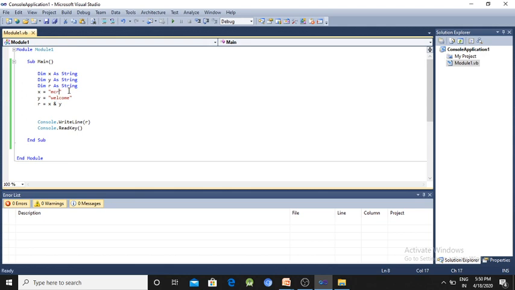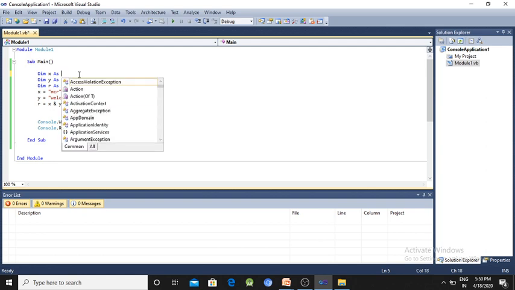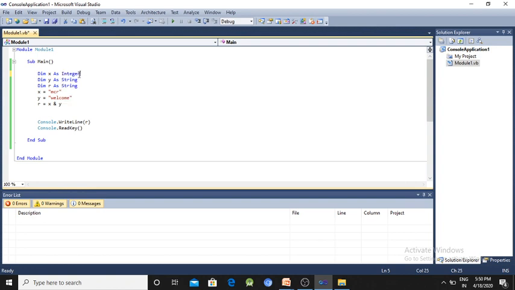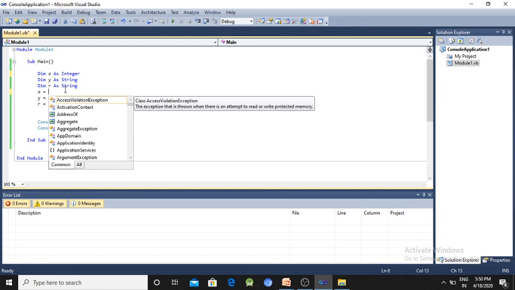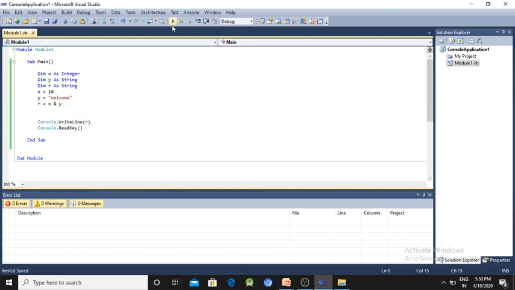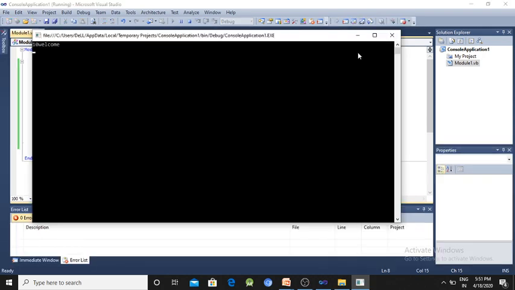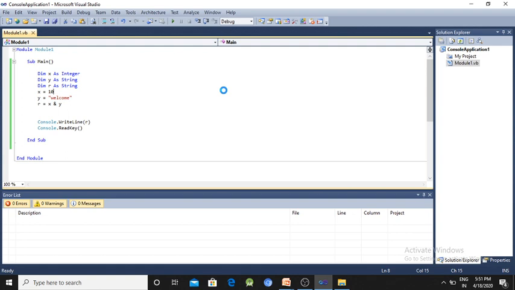Suppose here dim x as integer, so x equal to 10, and welcome. But what is the difference between plus and ampersand? Both are concatenation operators.